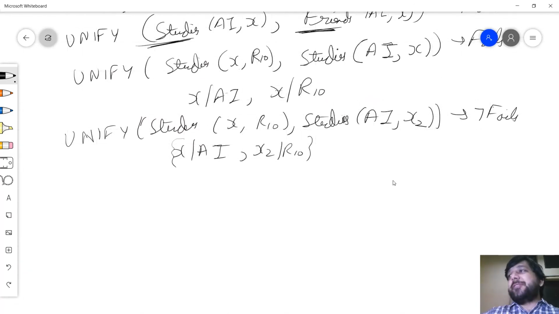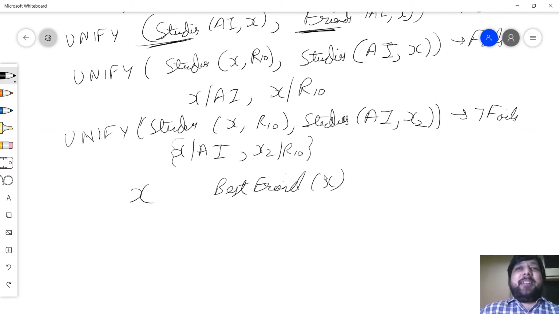One thing in unification you might have to consider is that if I want to unify X with best friend of X, it might appear okay, X is a best friend, but then of what? X, but that's practically not possible. I'm friends with myself. That's called an occur check.